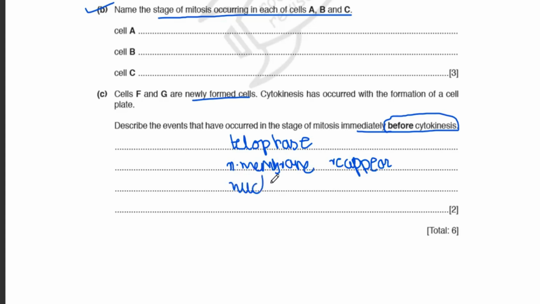But if you want to write more things, if you are aiming for a distinction-oriented paper, then you can go ahead and write as much as you want, but within the lines. Obviously, do not exceed your wordings beyond the lines, otherwise it won't be marked. And what else can you write for telophase? You can write that now your daughter chromosomes have appeared. You won't say these are sister chromatids; you'll say that these are daughter chromosomes.